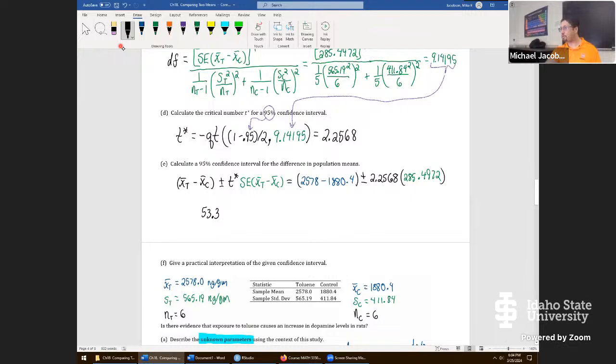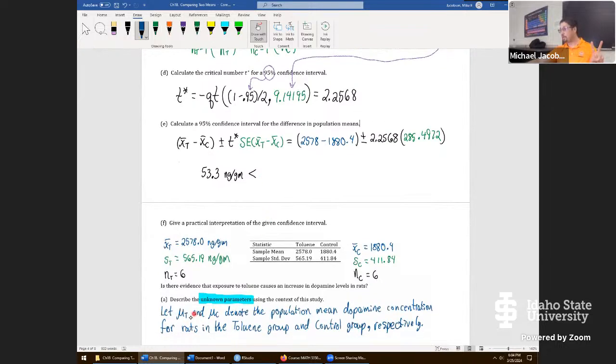And this was in nanograms of dopamine per gram of something, striatum region of the brain material, I guess. This is less than something. And right here, this is finally pretty new. Remember, there were two means altogether. They were mu t and mu c. And because we started with x bar t, we must put in mu t right here, going in the same corresponding order. Minus mu c is less than,